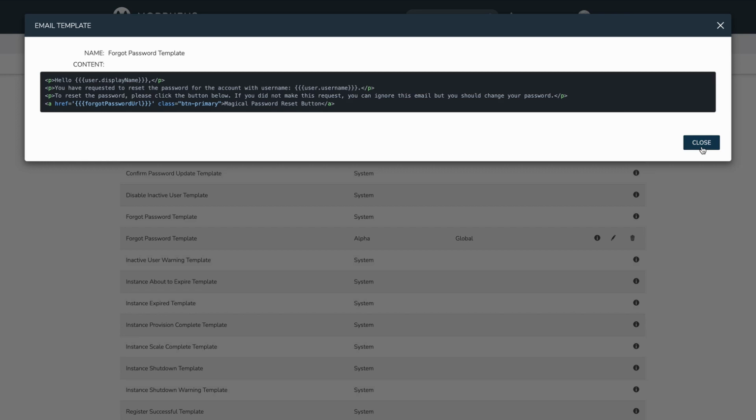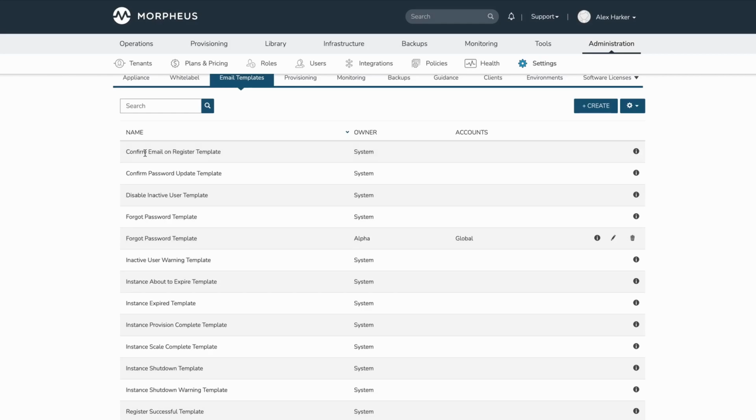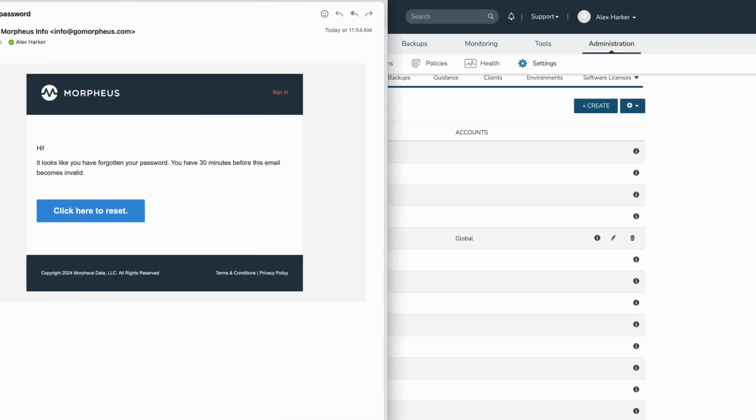So now that I have set a custom email template on this appliance, let's just confirm that this works. Now, before I started recording this video, I went ahead and sent a forgot password email to myself prior to setting the custom template, and then I requested another password reset after I had entered the custom template onto the appliance. So let's take a look at the difference between those two. So I'm just going to drag over my email. This is the system default